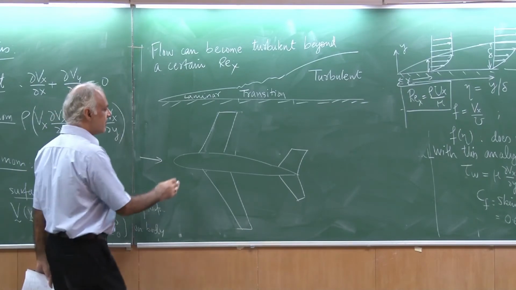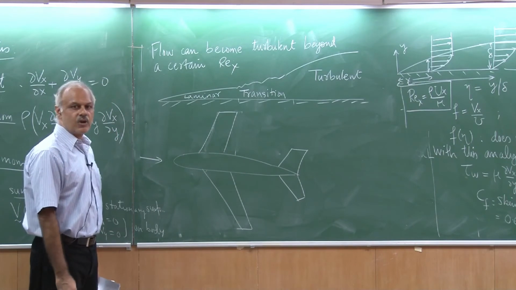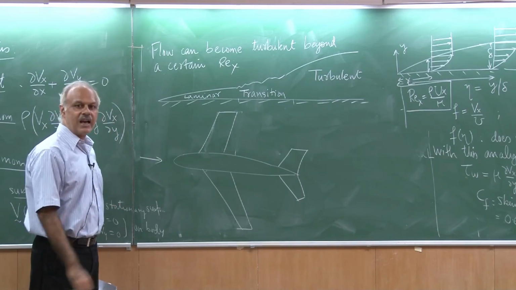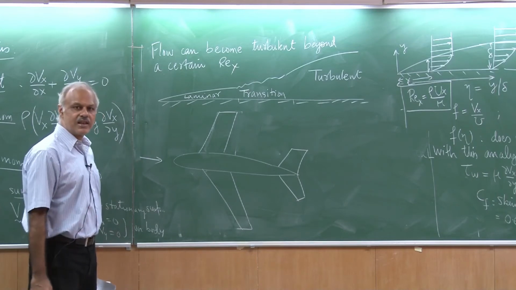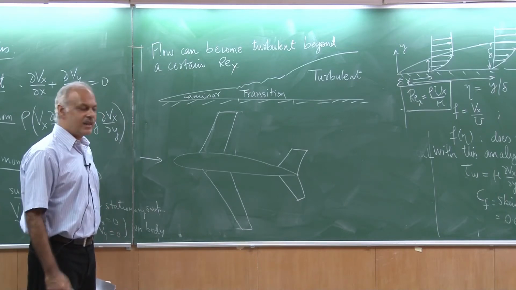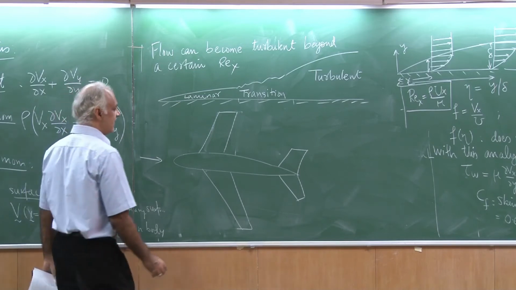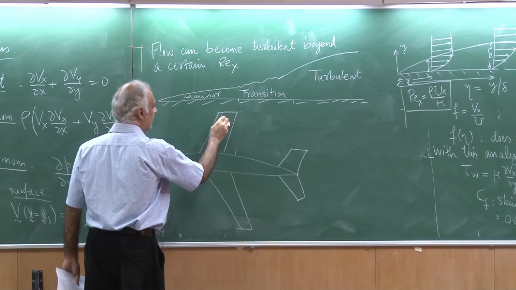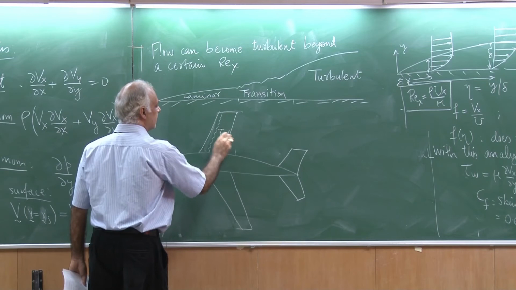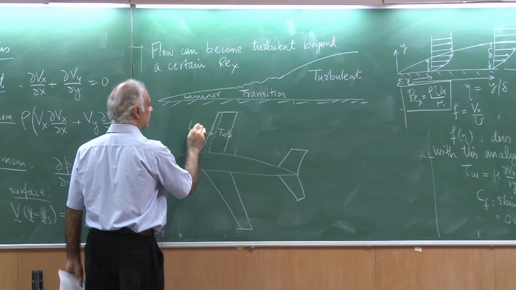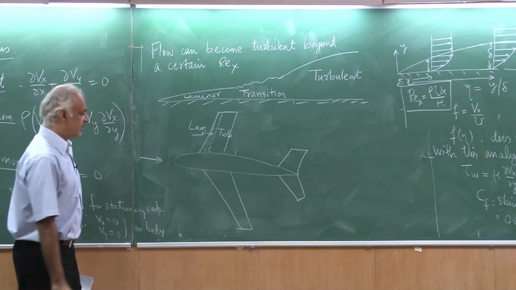Now, if you have a surface which is dirty, so I am a pilot, I fly the aircraft and I land, and perhaps some insects get stuck to the wing of the aircraft or some dust particles, and then I take off again without cleaning my wing, it could be dirty. Then what could happen is my boundary layer could become turbulent right here. So this is the turbulent part and this is the laminar part, and I would incur a huge drag. Versus